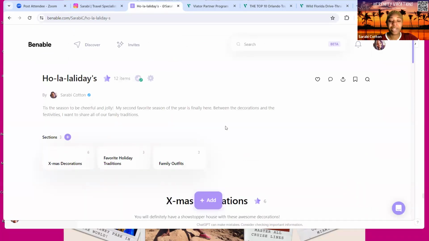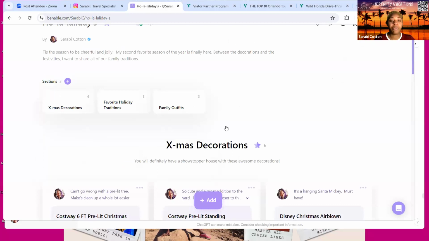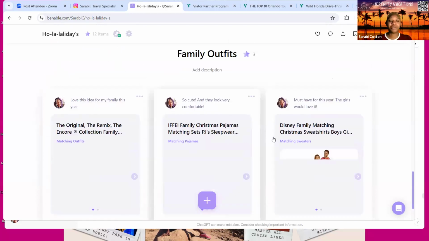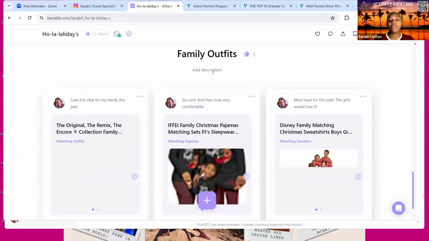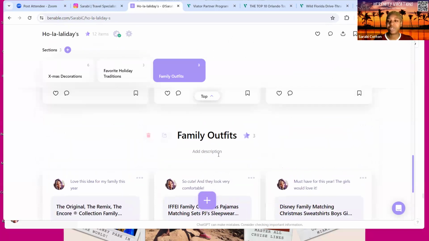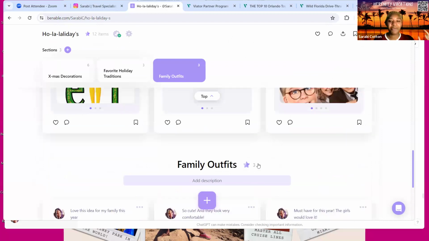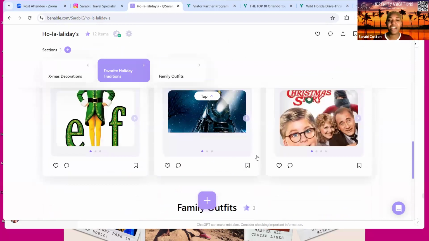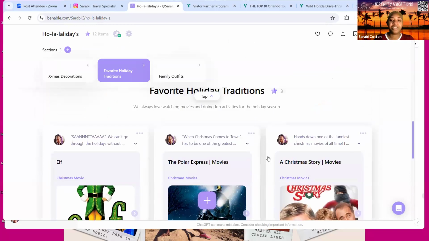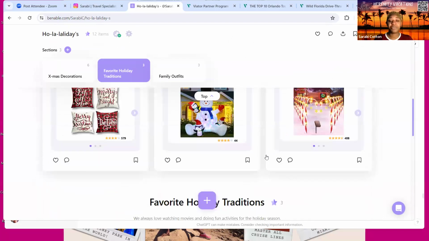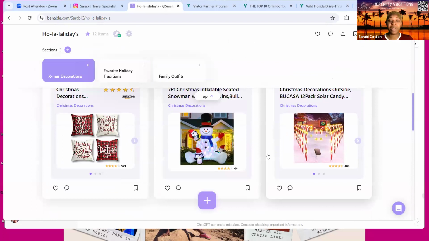And I did the same kind of thing where it had my descriptions of fun outfits. This is one that doesn't have a description. Okay, I was wondering which ones didn't have a description. Clearly, I guess it's this one. I didn't add one for that one, but of course, I still have my favorite holiday tradition movie things. I'm still adding to these lists as well because they're still optimized.